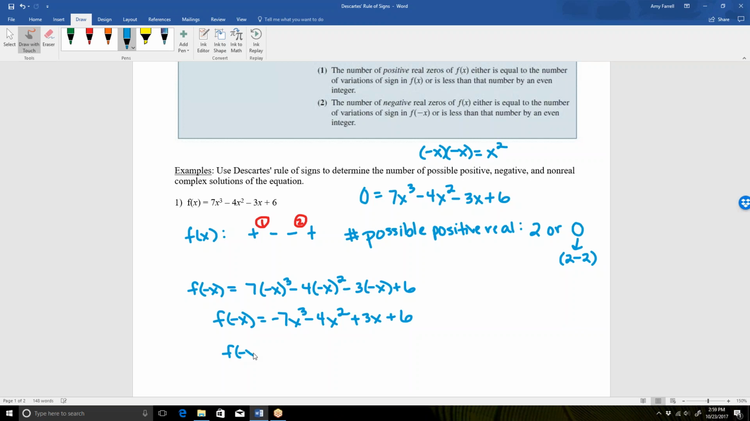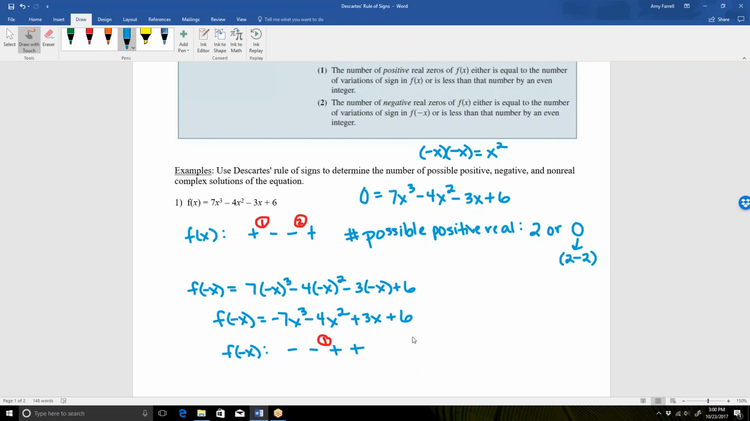Okay, I'm going to do the same thing here. I'm going to write out the signs of the terms of f of negative x. First, I have a negative 7, then a negative 4, then a positive 3, and then a positive 6. So my signs are negative, negative, positive, positive. Once again, I'm interested in the number of variations of sign in f of negative x. There's only one. Negative to negative, same sign. Negative to positive, we've got a change there. Then positive to positive, same sign there. So there's only one